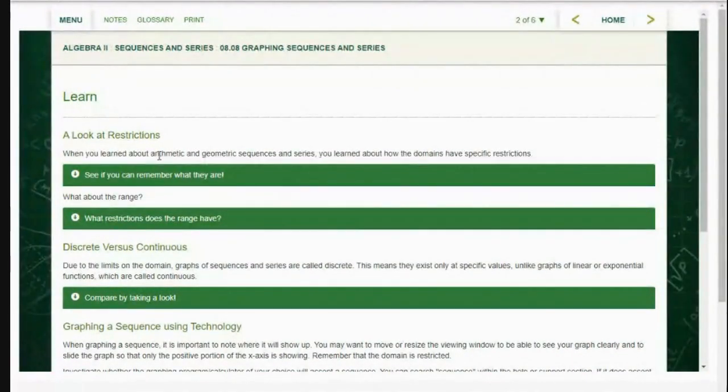Okay, when we learned about arithmetic and geometric sequences in series, we learned how the domains have specific restrictions. Remember what we said about the restrictions on the domains? We said the range could be anything, right? Because our sequence of numbers has positive numbers, like we had 5, negative 15, positive 45. You know, we can go either way, positive or negative. There's no restriction on the range. But as far as the domain,